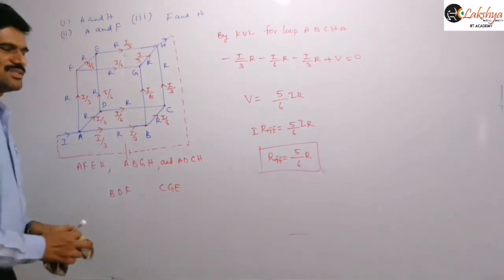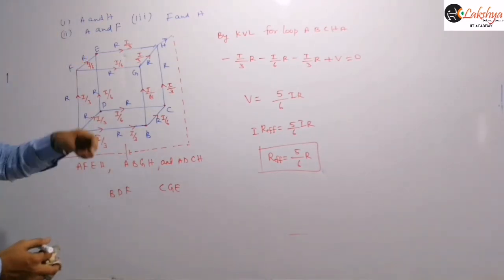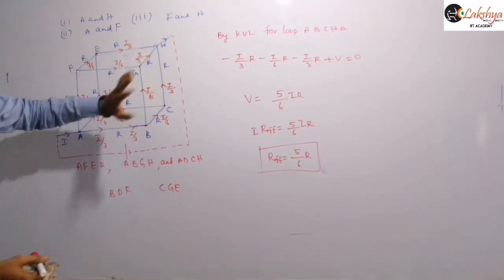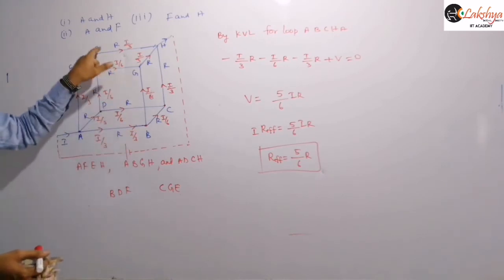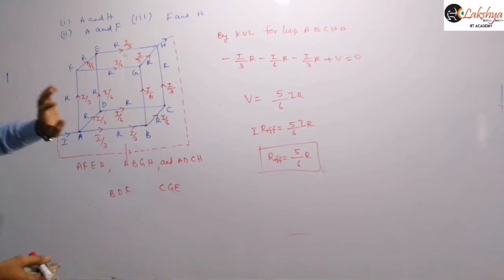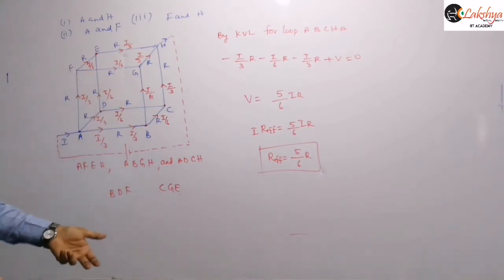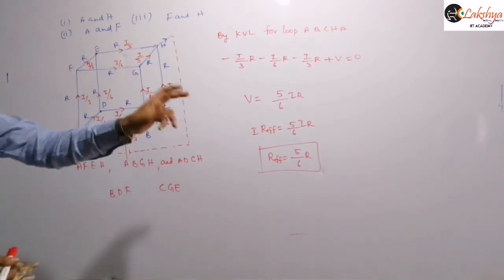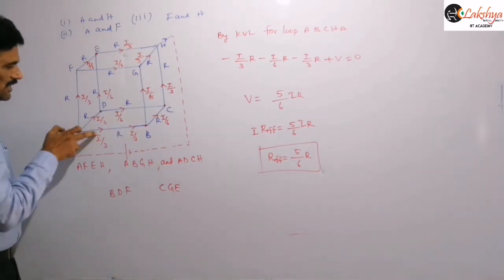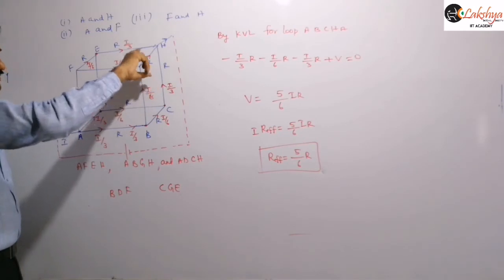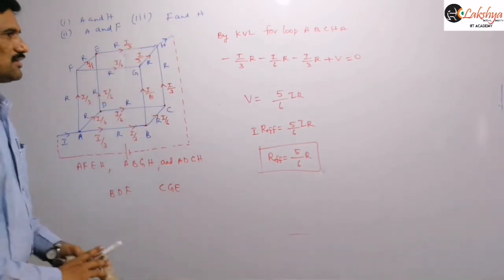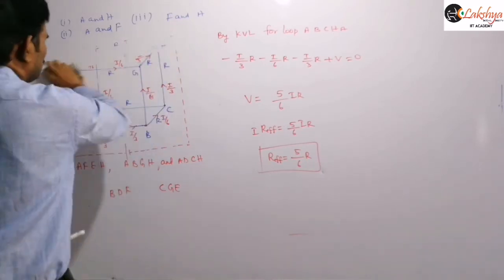You can try it yourself. Here 3 resistors will be in parallel and these 3 resistors will be in parallel. In the middle, totally 6 resistors will be in parallel. Identify which of them are in parallel, redraw the circuit by joining them and simplify that. That is the hint: 3 at the start, 3 at the end, and in the middle a total of 6 resistors in parallel. So identify that.